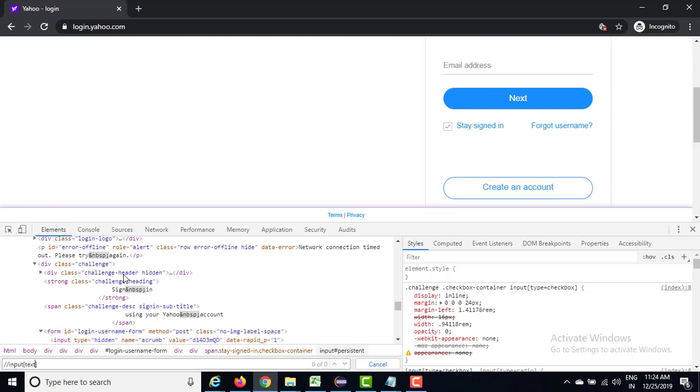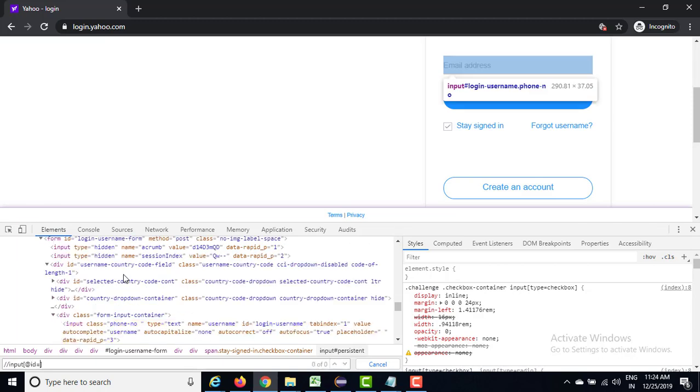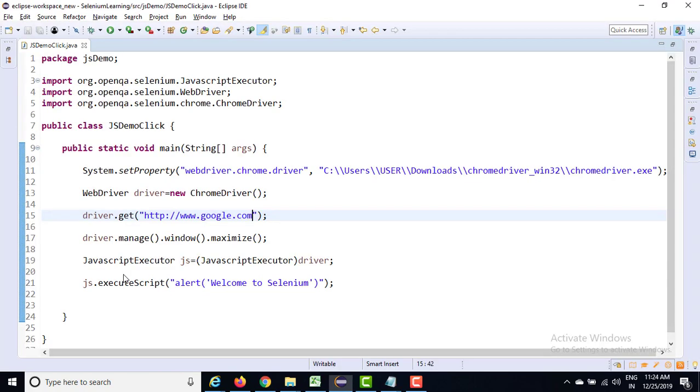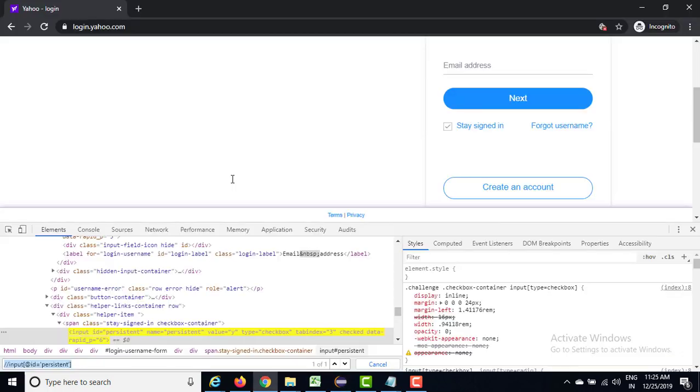I say find the input tag where ID equals persistent. This time I want to click on that checkbox to check whether stay signed in is unchecked or not, because the moment you launch this application, by default it is selected.